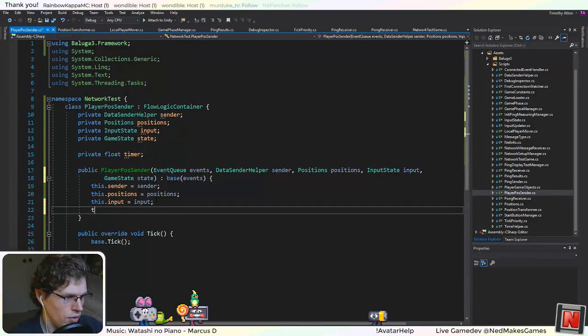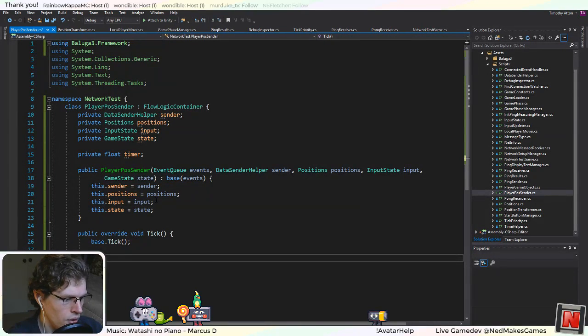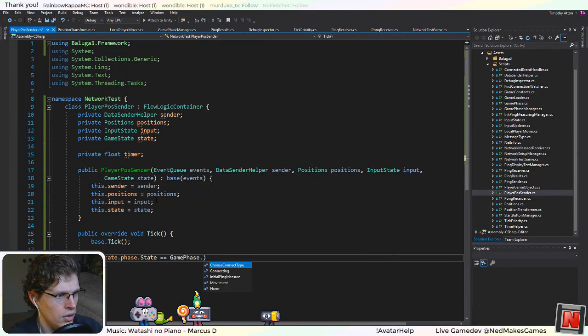Okay, I know I'm going to forget to set this up here, so I'll go ahead and do it. Okay, so if we're in the right phase, which would be movement,